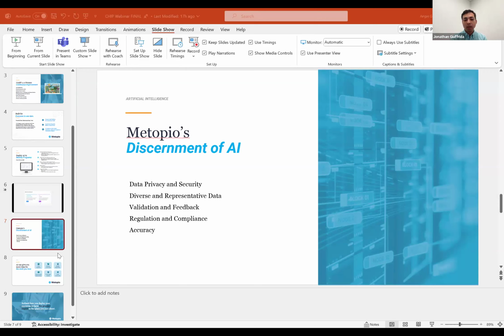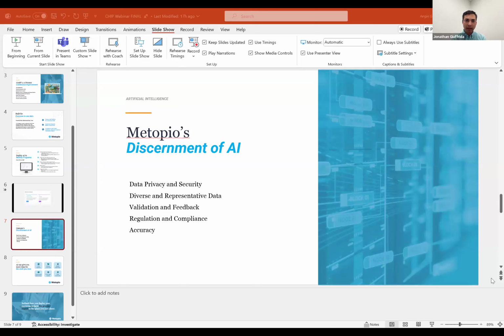So when we talk about data privacy and security, we make sure that the AI partners we work with are not storing any of the data we send and certainly don't use that to train their own models. We're making sure that we're using diverse representative data. So as we continue to refine this strategy bank, we're going to be looking for what are the gaps in here? What are target populations that don't tend to be represented in these validated evidence-based programs? Are there recency gaps? Like, is COVID even in here at all? Or were all of these programs pre-COVID? Do we need to make an extra effort to go out there and find something resembling vaccine hesitancy, for instance, more recent phenomena?